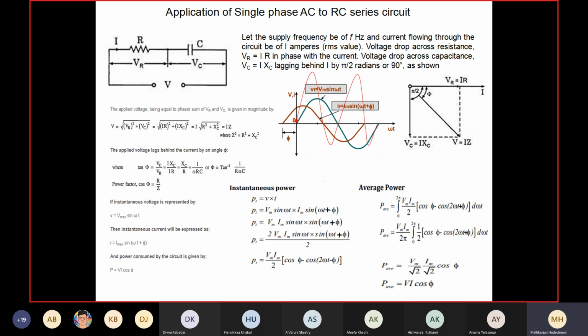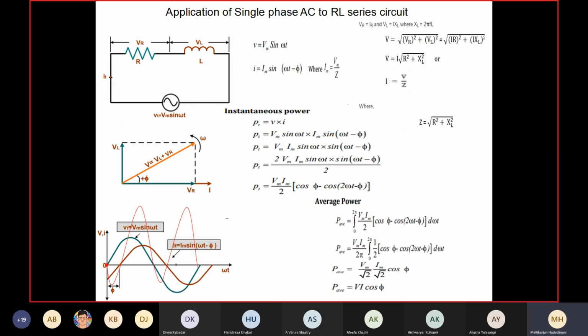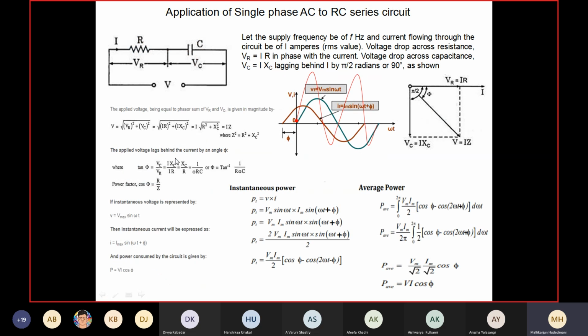So therefore, when I have R along with C, there is no zero power concept. Power is consumed. What is that power? I have to quantify. Then what is that expression for the current? I have to identify. Like how I did it here. I took a vector diagram approach here. Similarly, when I have R and C elements, the common element among them is current.